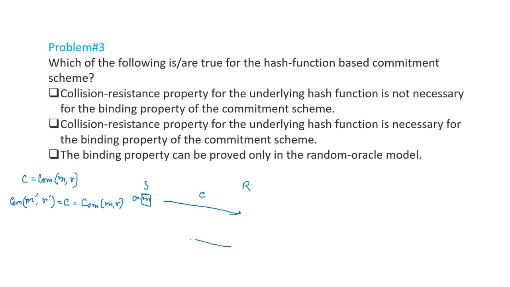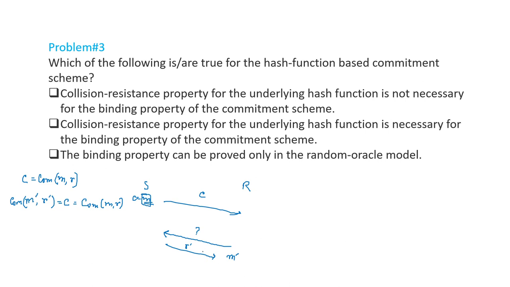Next, at some other point of time when the receiver requests the value inside this commitment from the sender, it can hand over some other randomness value r dash instead of r, so that when it opens the box, it sees some other message m dash, not the actual message m. So the sender is actually fooling the receiver here, but this is not desired in a commitment scheme.